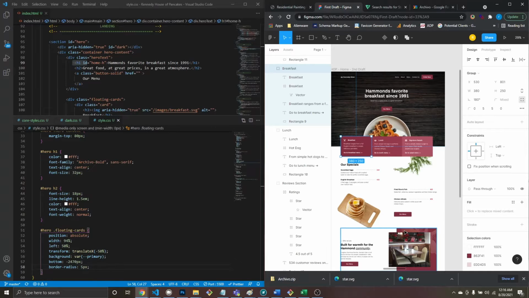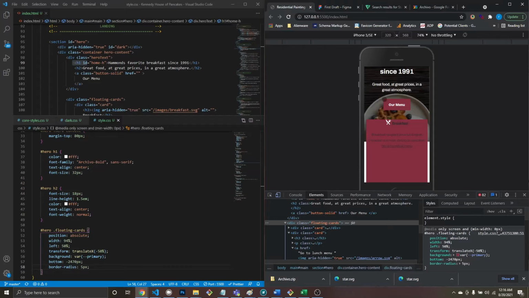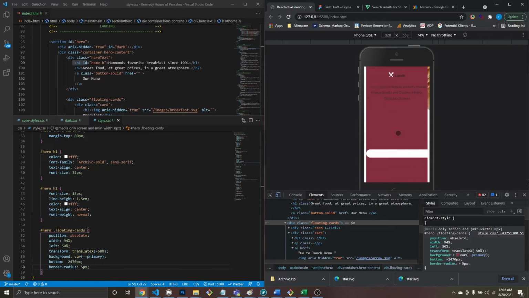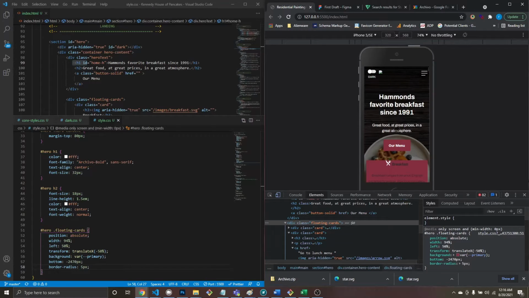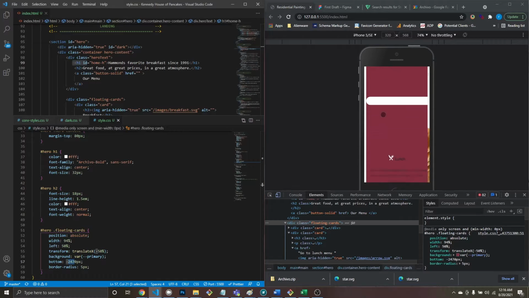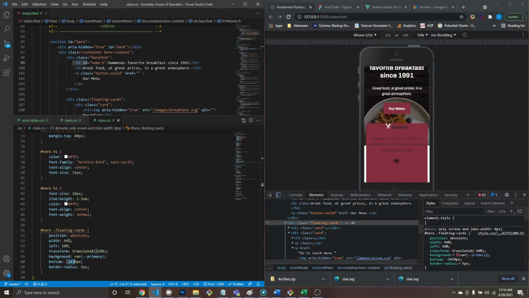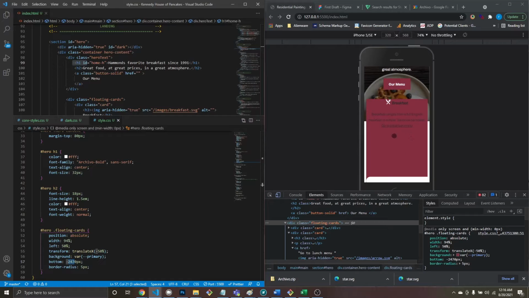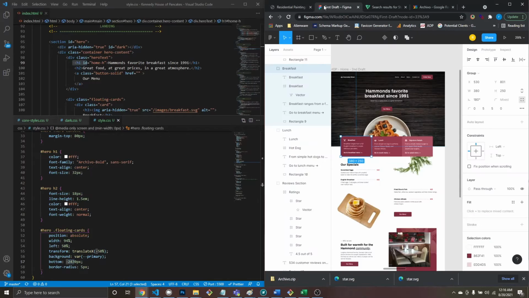So the problem we're running into here is with this incredibly long card. It won't be incredibly long when we're done. I have to do a very large bottom value, and with that, this is actually covering all of the content. You see the picture over there? So I have to set a padding top of like, I don't know, 1,000 pixels just to push all this content down from here. And it just seems like a lot of work. So I think what I have to do,